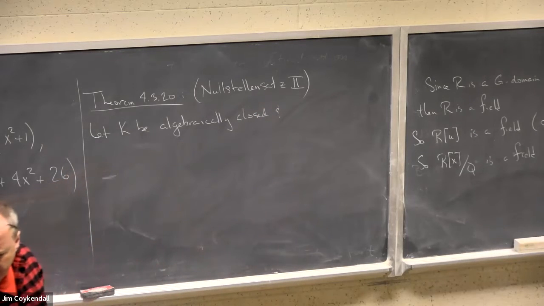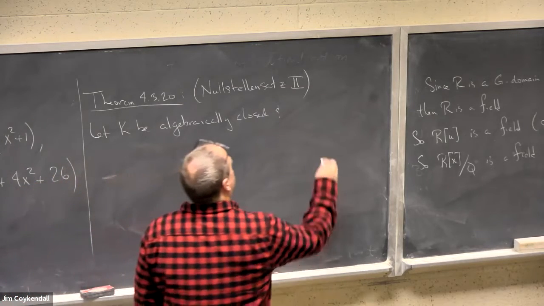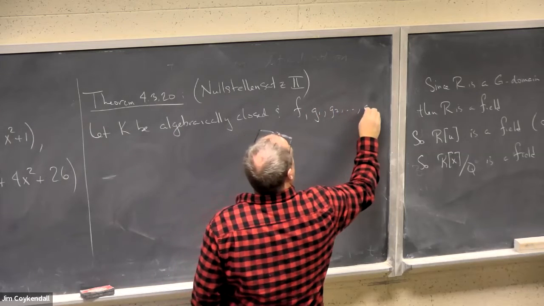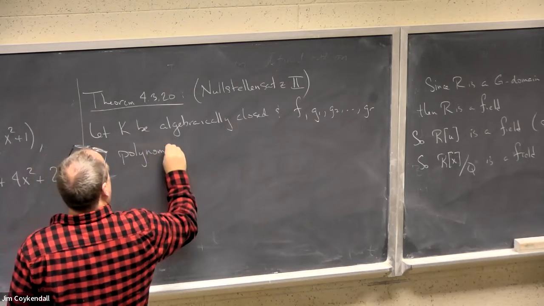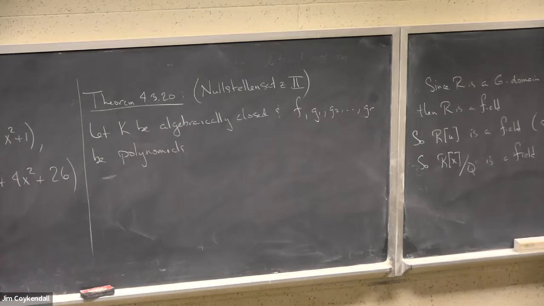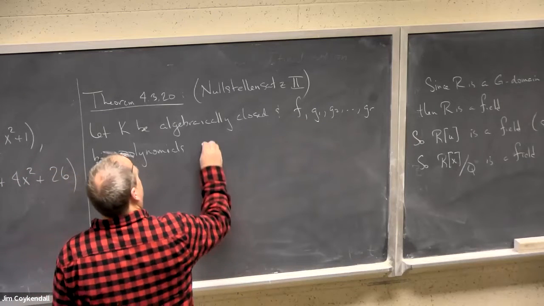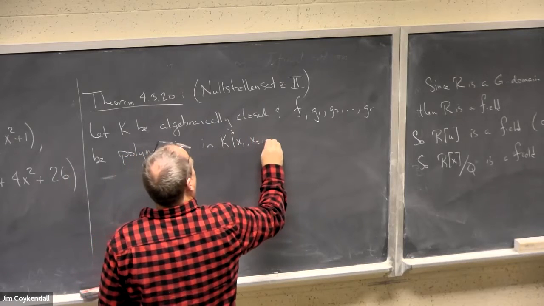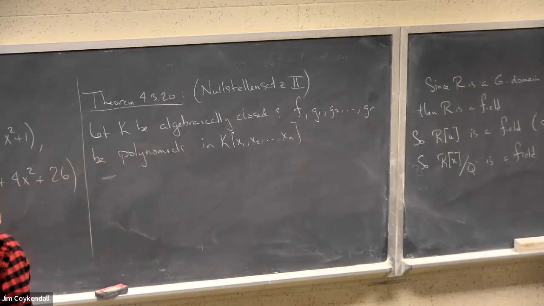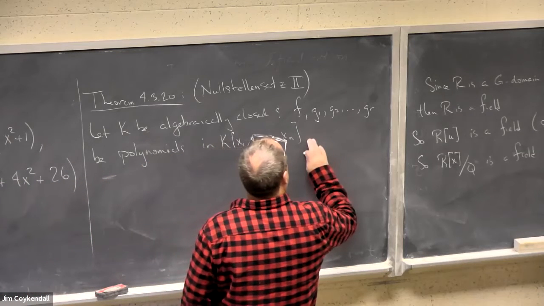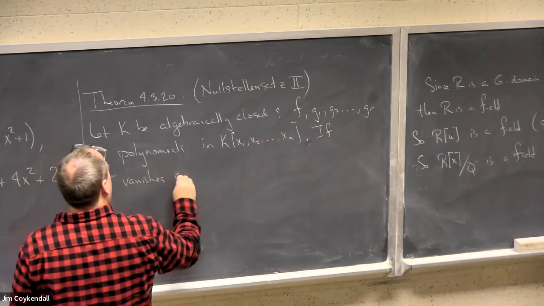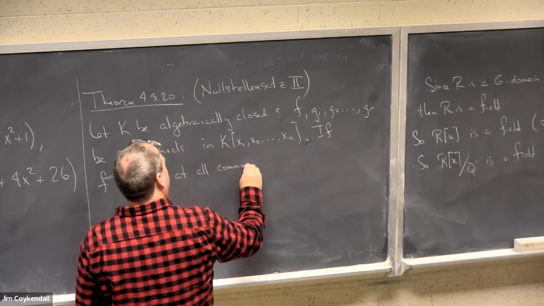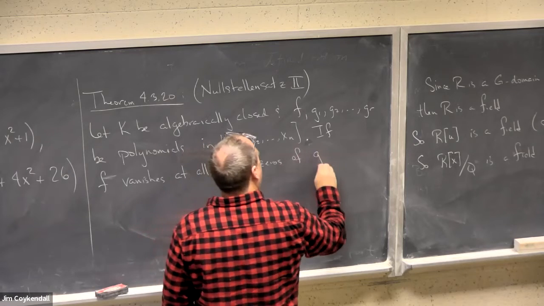And let F, G1 through GR be polynomials in n variables with coefficients in K. If F vanishes at all the common zeros of G1 through GR,